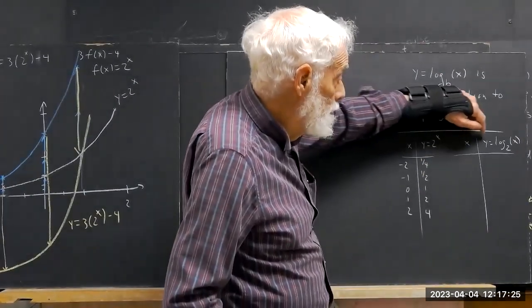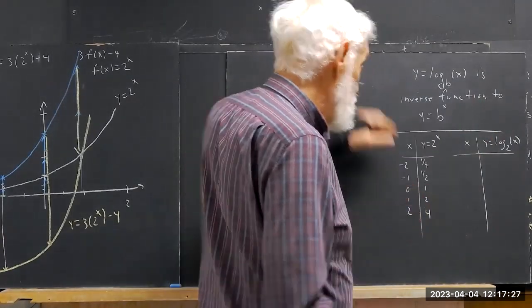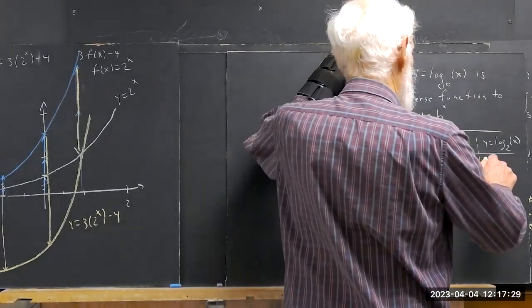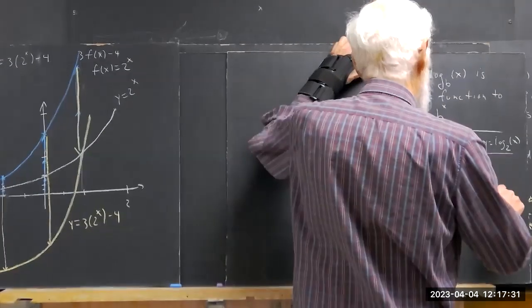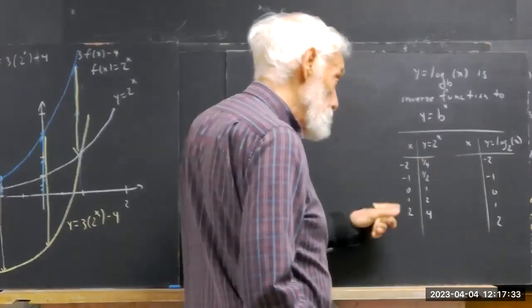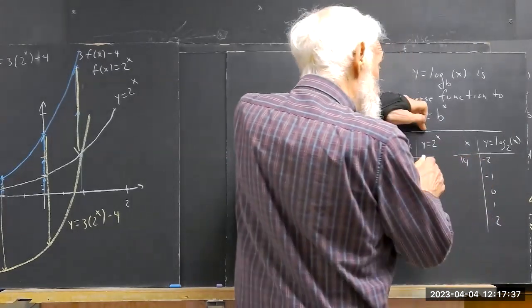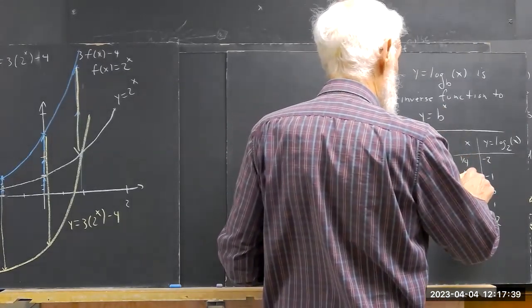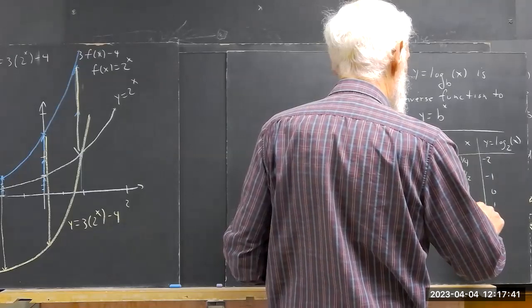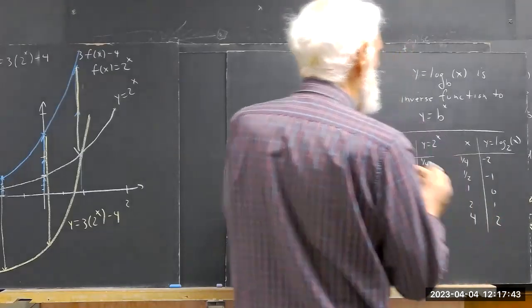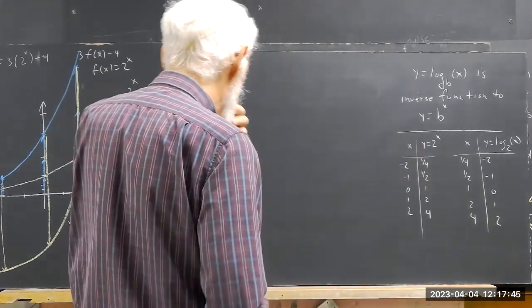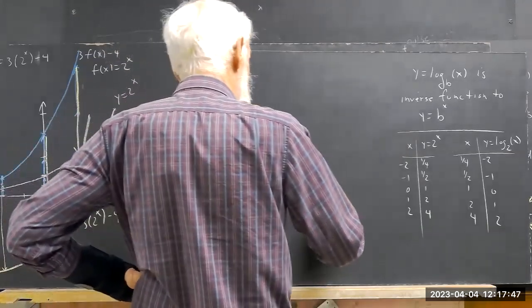To get the inverse function, we just switch the columns. So we put our -2, -1, 0, 1, 2 in the y column instead of the x column, and then the x column is the y column of the original graph. In other words, we just switch columns. If we graph these two functions,